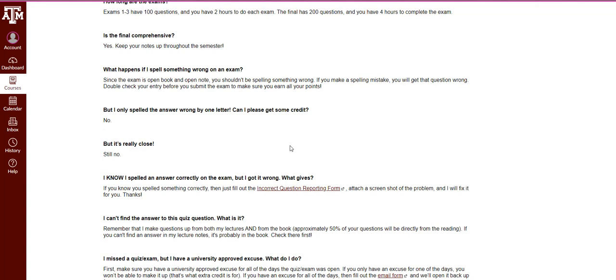So you have to spell it correctly. Copy and paste. I've set that up specifically for this. If there are things that are commonly misspelled, I'll actually put them up somewhere on Canvas for you, so you can copy and paste that, especially if it's something like species names. But even if you get something with one letter wrong, it's going to be counted wrong, because that's the way the system works. So even if it's really close, I can't go in for everybody.